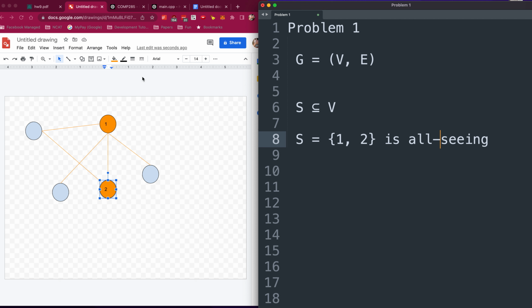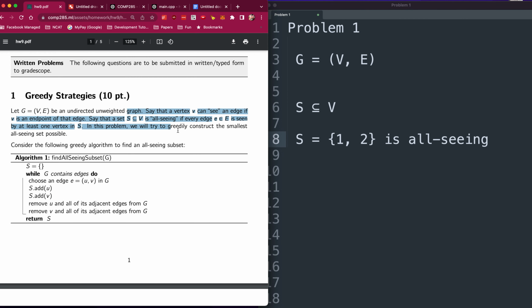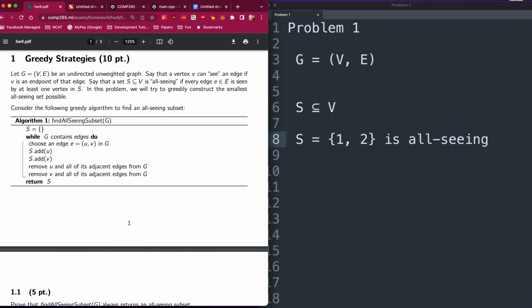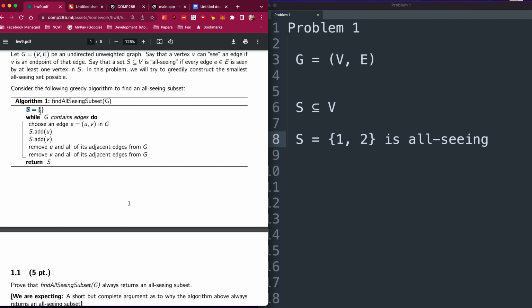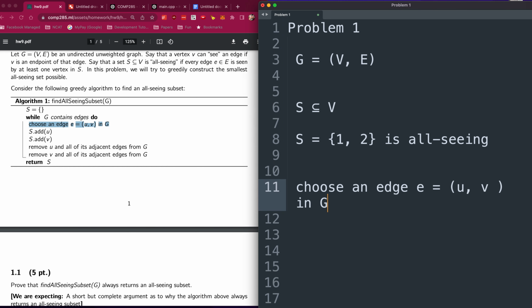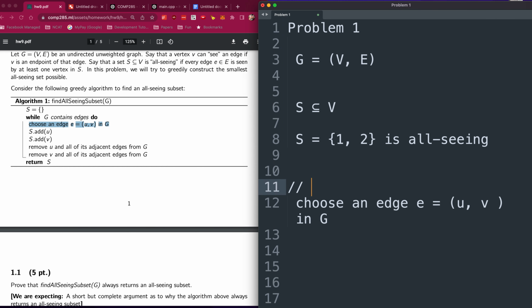In our example, okay? So that's just understanding a couple of definitions. Now we consider the following greedy algorithm. So we say, S, our set, starts empty, and then while G has edges, what we're gonna do is pick some edge. Okay, so we don't specify, this is actually interesting, how we pick the edge. Okay, so in your head, you can think, pick at random, right? That's what the algorithm is saying. Like, just pick some edge. I don't actually care what edge you pick, just pick some edge,